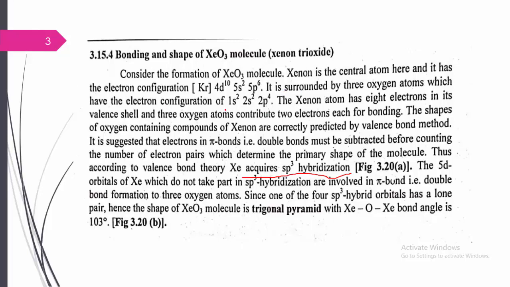Here we can see the oxygen atom, having atomic number 8, with configuration 1s2, 2s2, 2p4. It means 2p4 has one orbital paired and two unpaired electrons. Out of the two unpaired electrons, one electron of the oxygen atom combines with the sp3 hybrid orbitals, and the remaining unpaired electron can form a double bond with the unpaired electrons of the d orbital, that we can see in this picture.